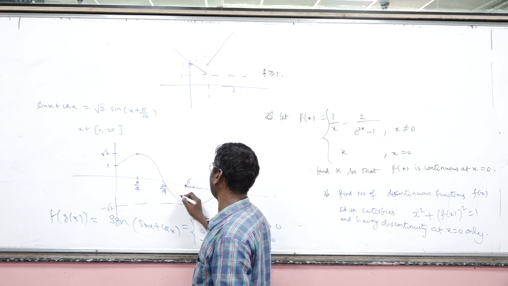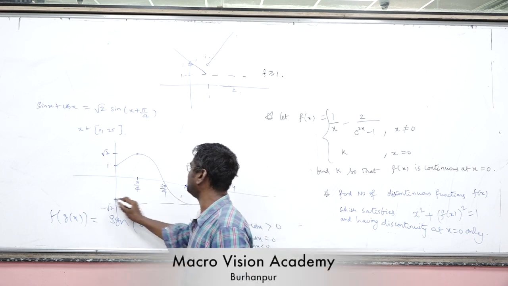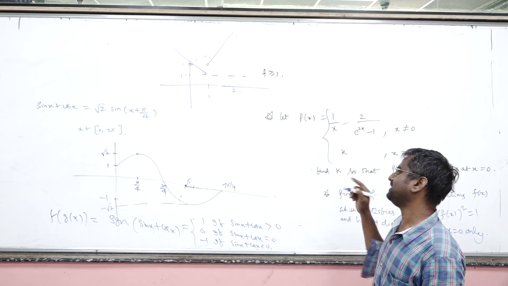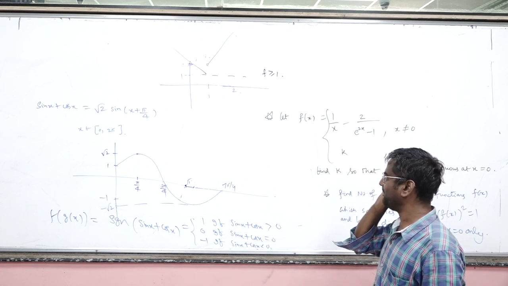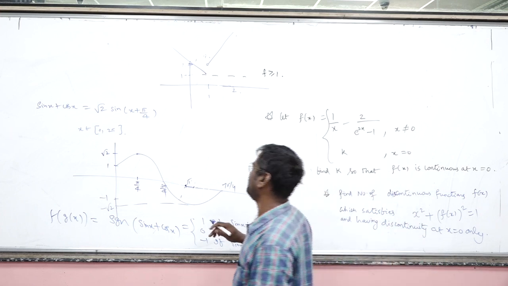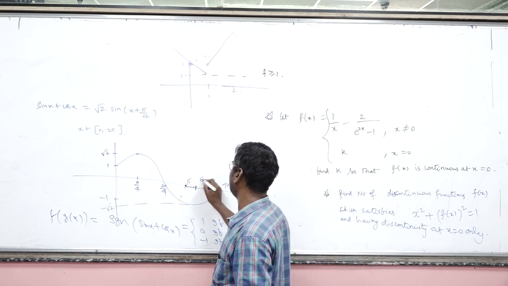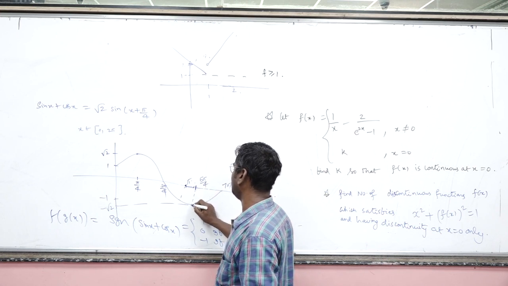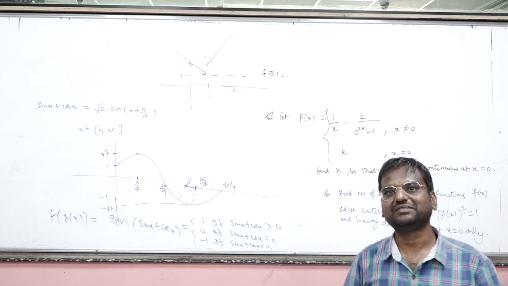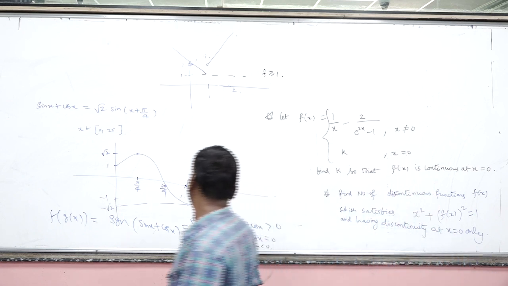So pi may roughly be here, at which the value is minus 1, and it will become minus root 2 if the x plus pi by 4 will become equal to 3 pi by 2. 3 pi by 2 minus pi by 4, 5 pi by 4. So this midpoint is 5 pi by 4. So that is the least value. So as you can see, we got the sin x plus cos x graph. Okay, so